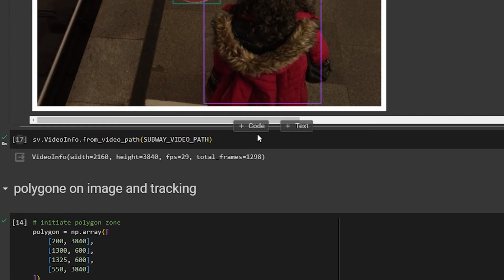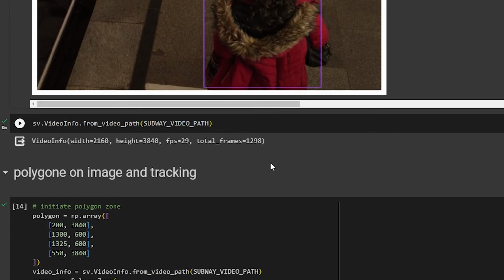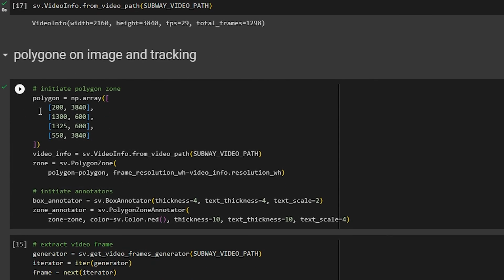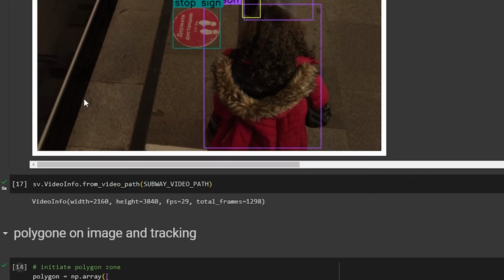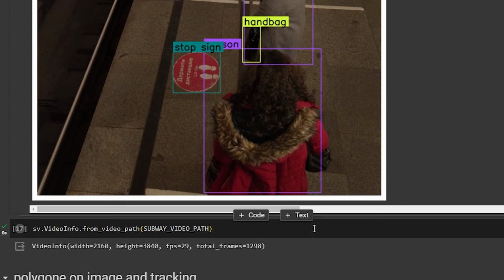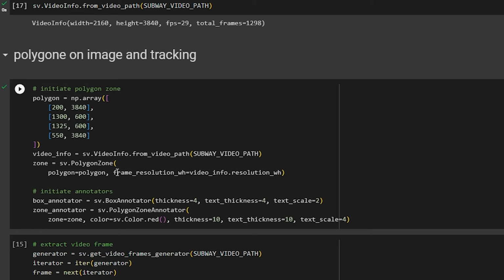Then we're going to do the same thing, but for a video. We will get the video information first, so we can know the width and the height, the frames, all the stuff. Then draw a polygon. Same tools we have right now. This image, we can upload it and draw the polygon on this line over here, so we can know if people cross it. We can count how many people might be in danger in terms of whether a train arrives or not. Here is the polygon zone that we draw on top of computer vision,